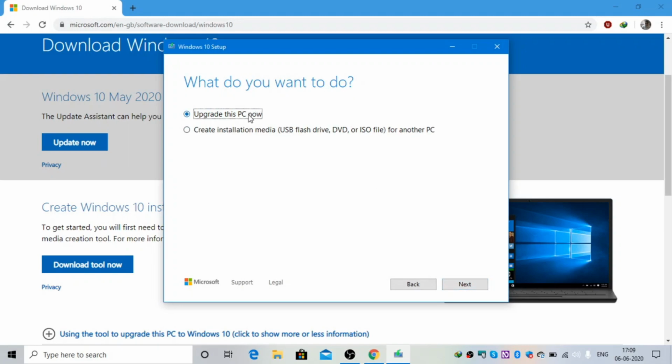Then you can select anything. Upgrade this PC means you have an older Windows 10 build and you want to update it to the latest build. So we will be showing the creation media option. We'll have to click on that, and then click next.